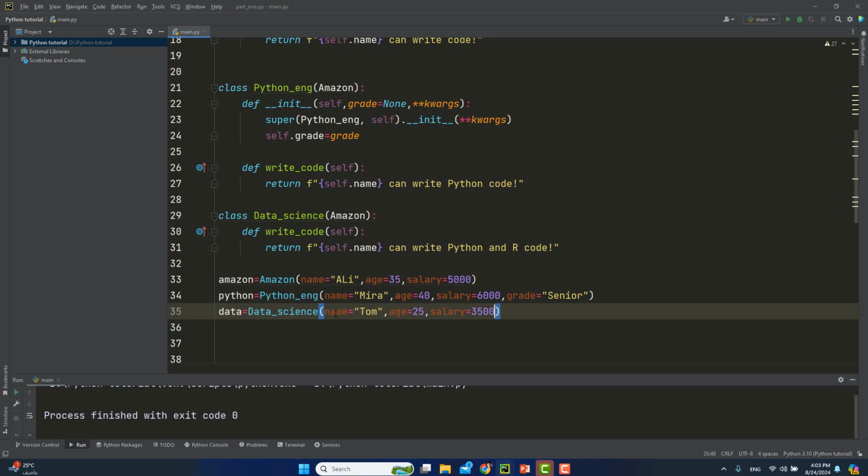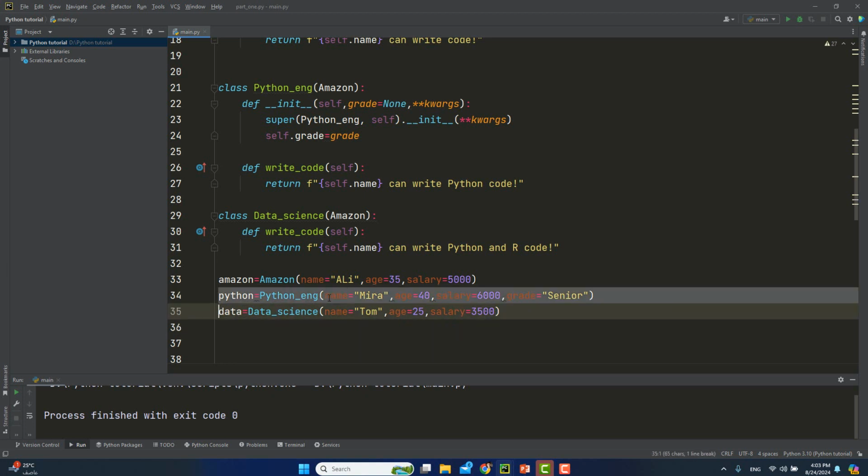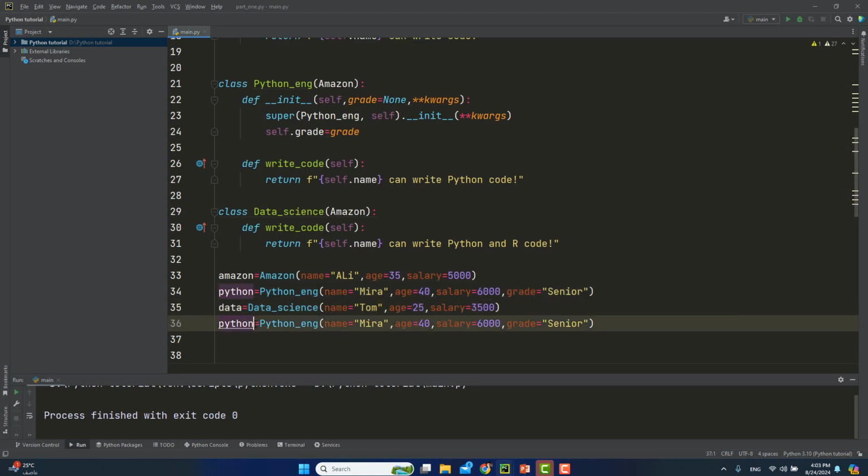Now we created 3 instances. I want to be greedy with this Python engineer and create another one. This is Python 1, and here I want to create the name of Sarah, who is 28 and has a salary, and because I want to use a different form here,